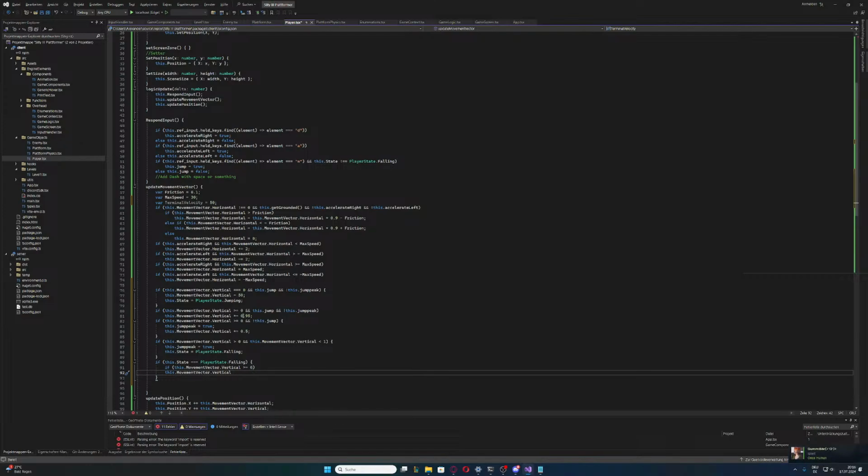Jumps are negative. That has to be negative 50. Equals 1. Else